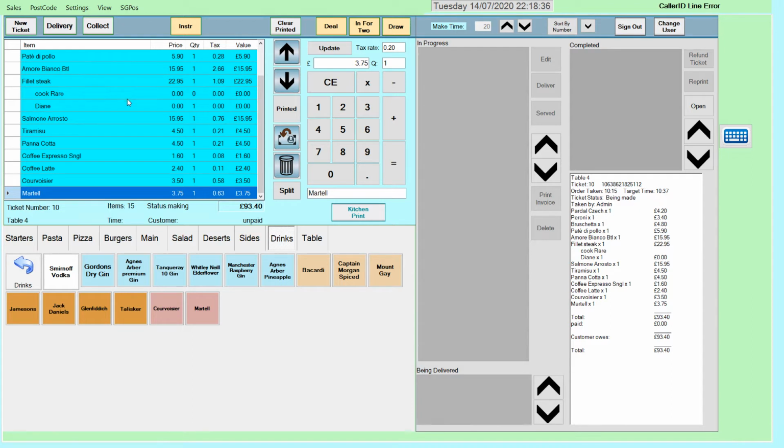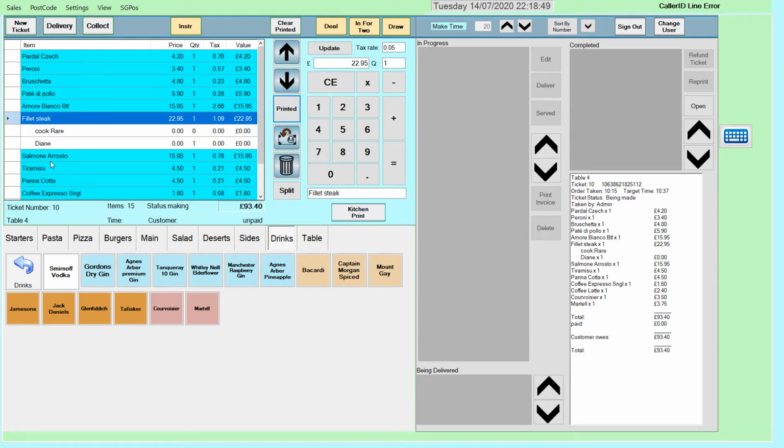kitchen ticket, or you can actually, if for some reason they didn't like the steak for something and you wanted to do it again, you can just undo that, and the steak and kitchen print and the fillet steak would just be